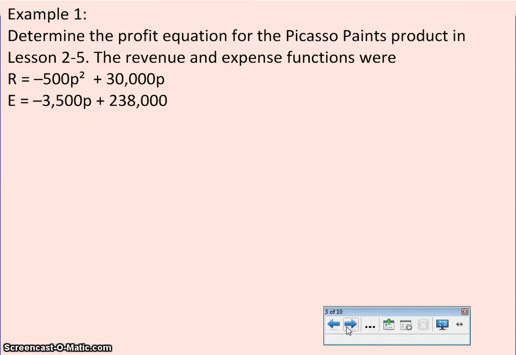Okay, first example, it says determine the profit equation for the Picasso Paints product in lesson 10.5. So we've been following along with this Picasso Paints all the way along. So we're going to see these functions. We've already seen this revenue function. We did that in one of the previous chapters, and then in another previous chapter we did the expense functions. So they should look familiar. And the profit happens when you take the revenue, how much you made, and subtract out the expenses, how much